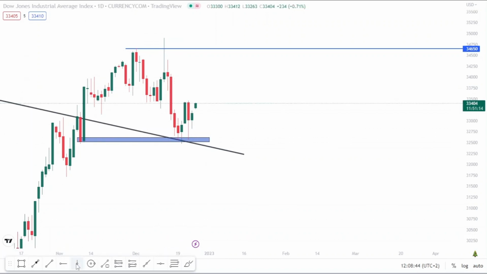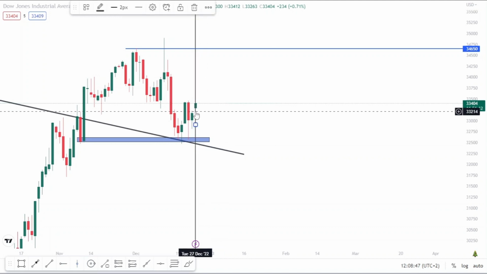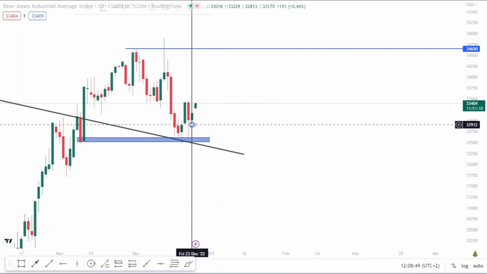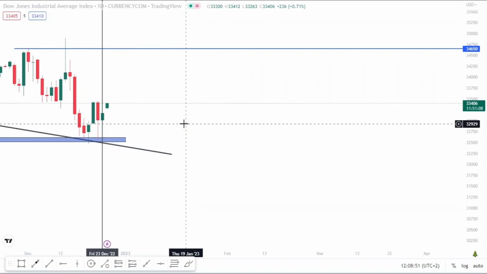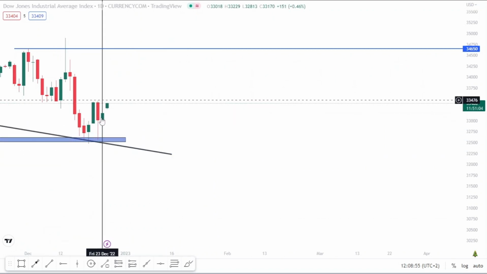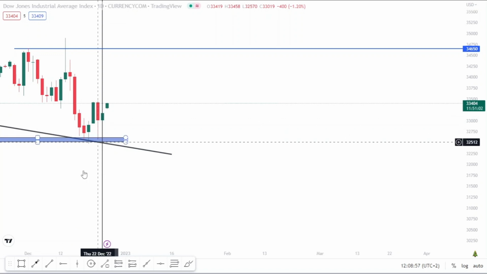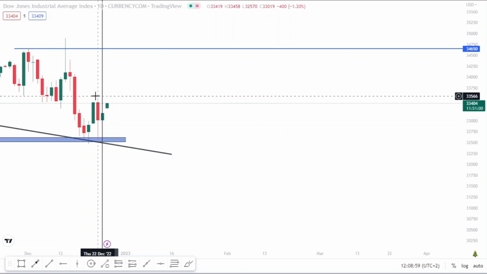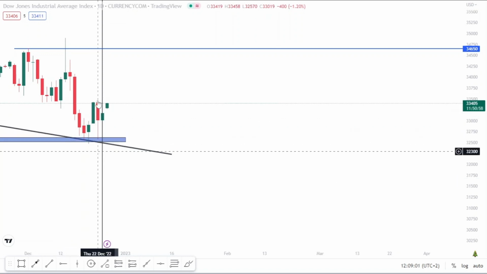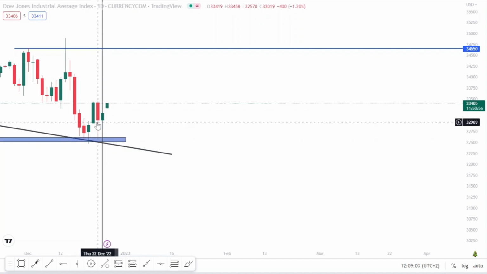So let me just mark this candle. So this green candle right here is the one that we're looking for. But what I want to show you guys is this bearish candle and what it actually did. So we can clearly see that the market pushed all the way to the upside, and it gave us this reversal candle right here with a huge tail. So this exhaustion, I want to show you guys